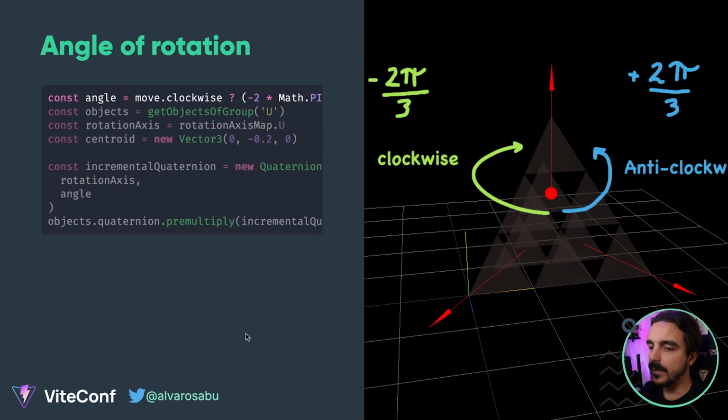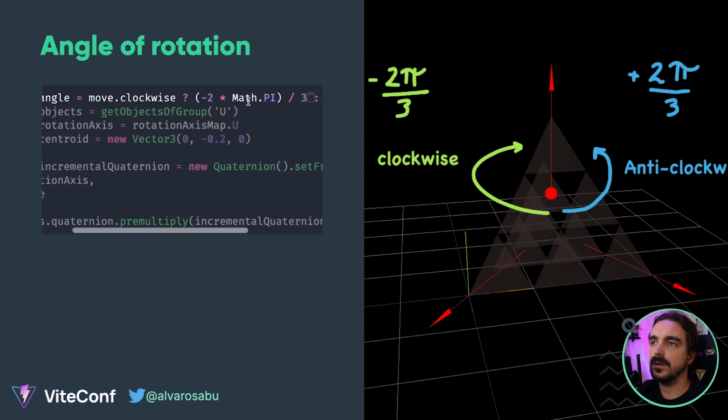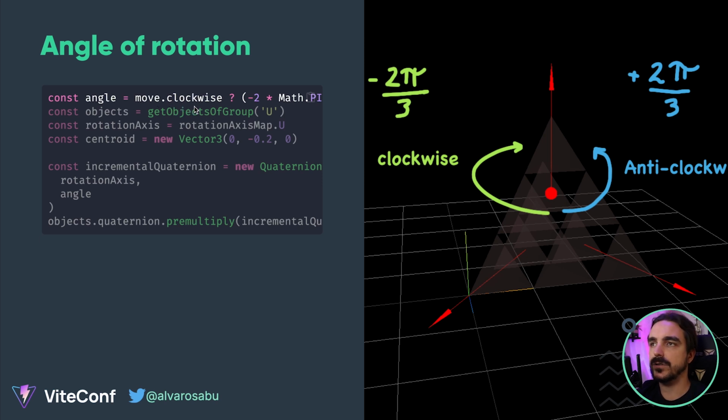And then we have the concept of the angle of rotation. So this puzzle works like this and like this, meaning that it can go clockwise or anti-clockwise. The angle of rotation for this movement to maintain the same figure is 2 multiplied by pi divided by 3. And if it's clockwise, it's negative, okay? So we needed to calculate the angle, and we pass it to the function if we wanted to do the movement clockwise or anti-clockwise. And then we add in the angle.